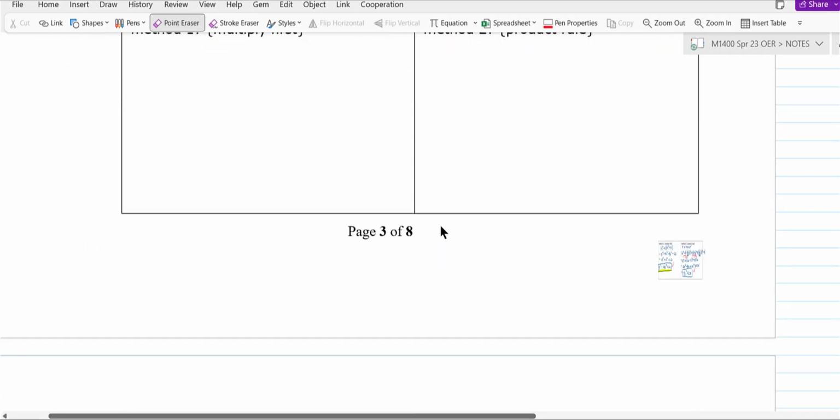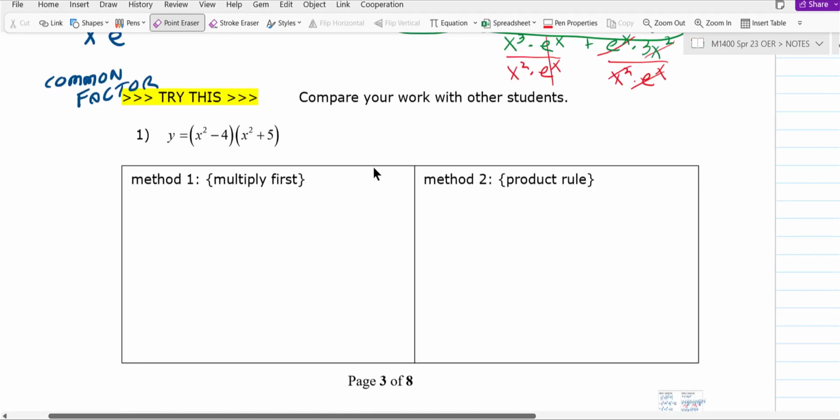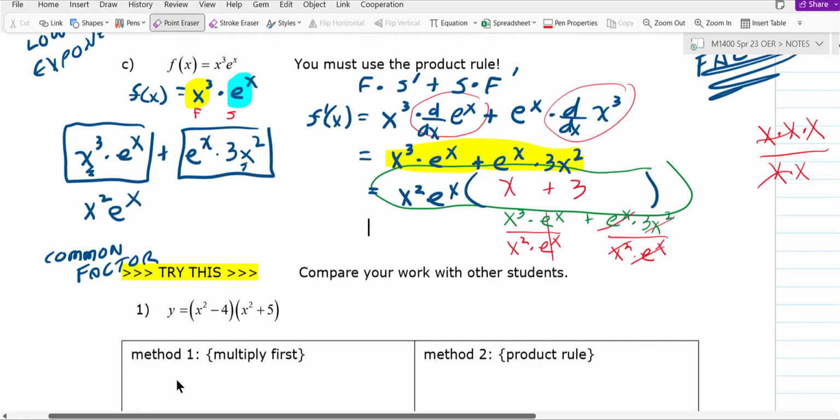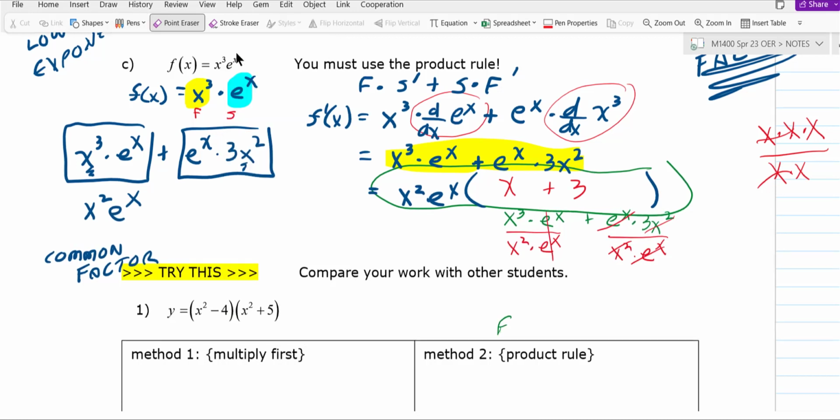Okay, so what I want you to do next here is two problems. Now, at the bottom of the page, this one I want you to do both ways. I want you to multiply it out first, then do the derivative. Then I want you to do the product rule, and hopefully you'll get the same answer when you do that. And then on the next page,